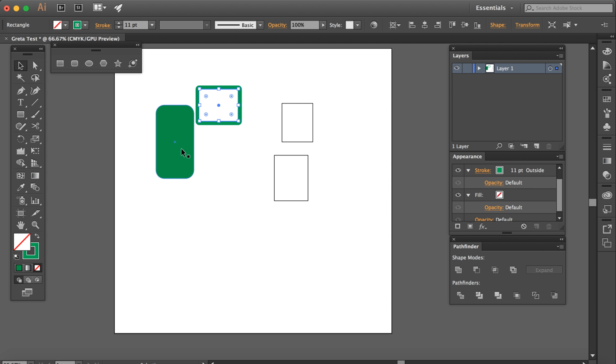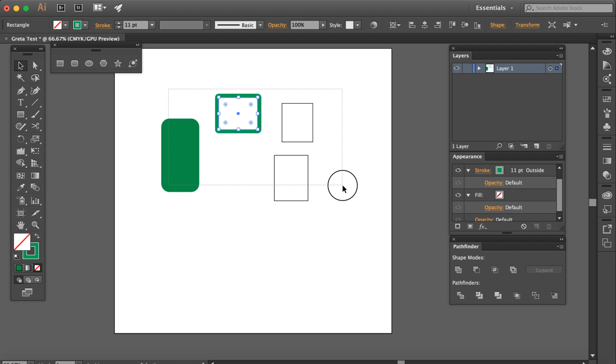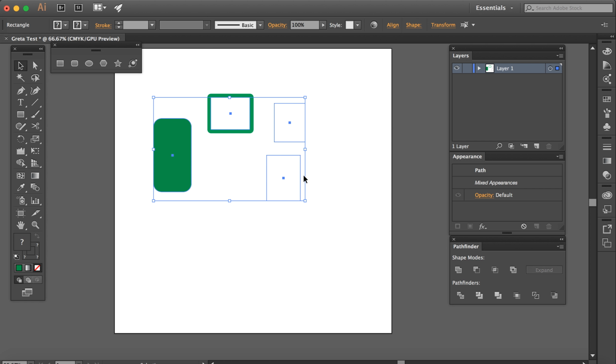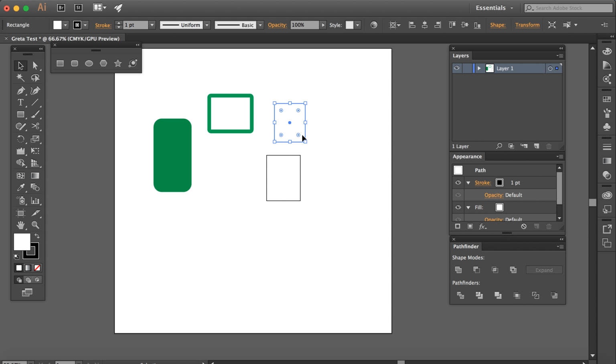So using the black arrow, it's kind of a general broad selection tool. I can select multiple shapes by drawing a box around them. I can select a whole shape. And then this direct selection tool is a little bit different because what that does is it allows you to then select